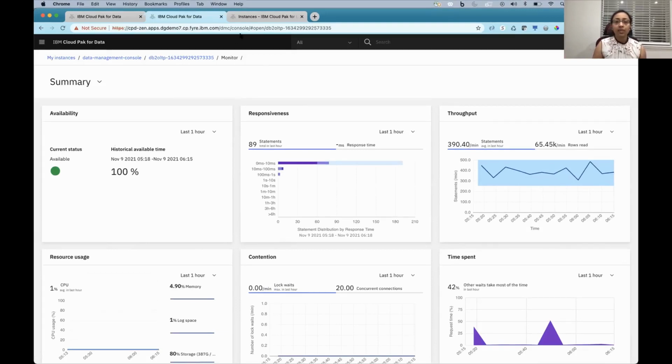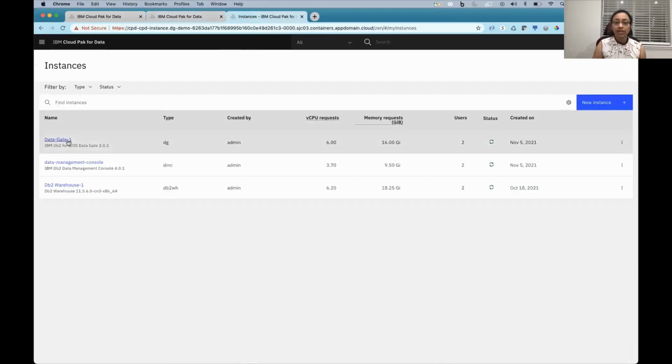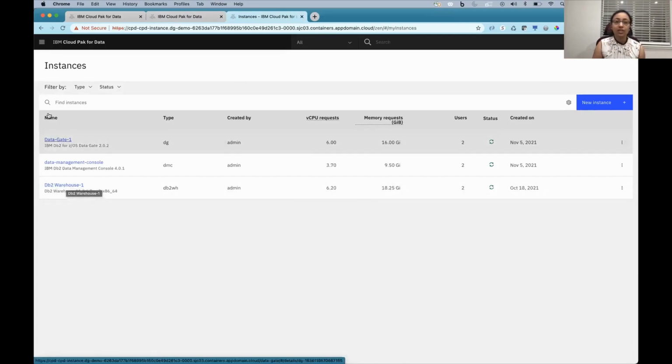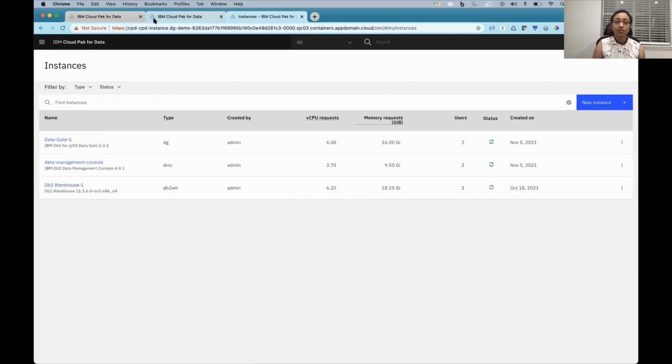So I am going to move on to another cluster where I have another DataGate set up, and this time I do have it set up against a Db2 warehouse. And one of the differences between the first one that we saw, which was paired to a Db2 advanced edition, and this one, which is using a Db2 warehouse, is this particular DataGate instance is also